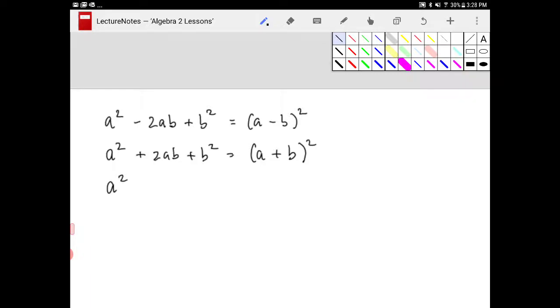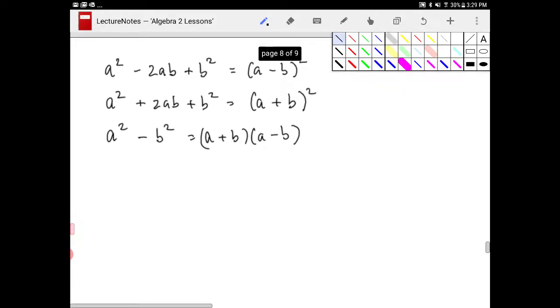We also recognize that a squared minus b squared may be factored into a plus b times a minus b. What I'm going to do in this video is add on to this list, and I'm going to attempt to figure out whether or not this factors into anything. So one thing that we have up our sleeves right now is the idea of the remainder theorem. So immediately upon inspection here, I already know that this a minus b will be a factor of a